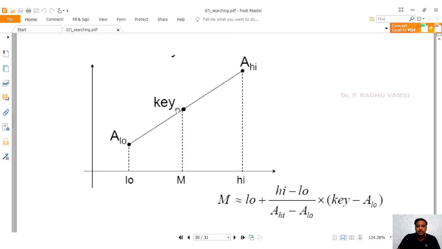For example, if you want to search for a key, there is a low index of the sorted list and a high index.